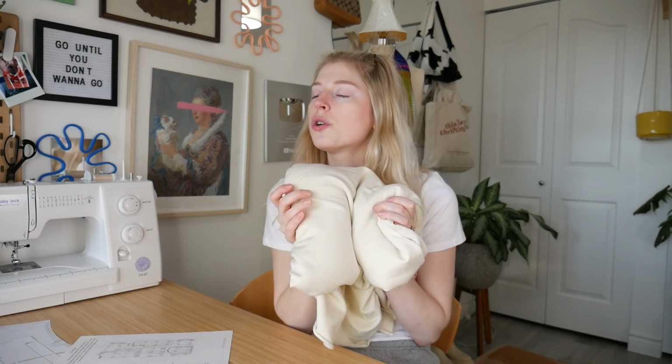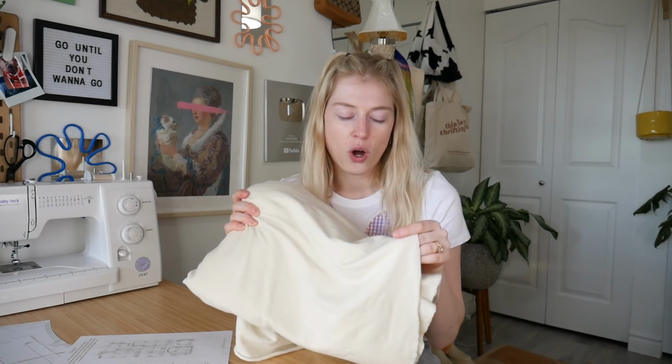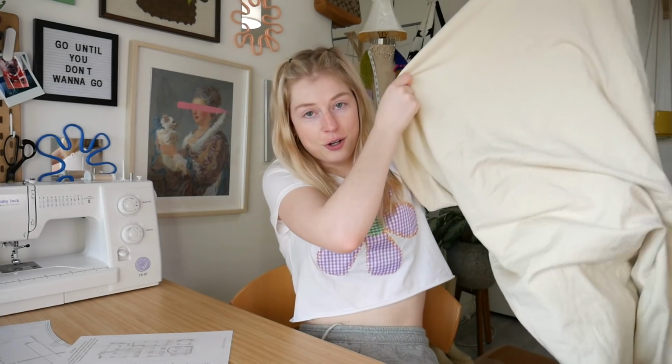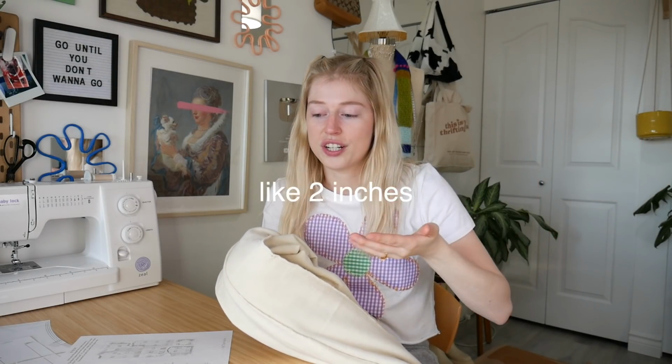And then for my fabric here, I have this beautiful off-white, I don't even know what you call it. It's stretchy, it's cozy inside. It's just what I want to live my life in, is this fabric. So we're gonna be making a SHACKET out of her. But unfortunately, I bought enough fabric, washed it, and it shrunk. So now I don't have enough fabric. So now we are going back to the fabric store to start off the video, and hopefully they still have this fabric left over. If not,